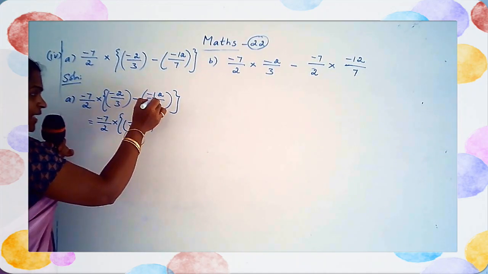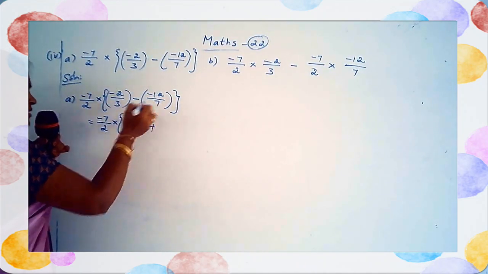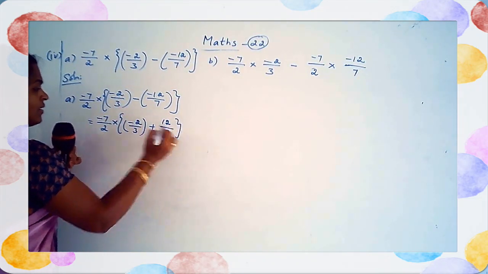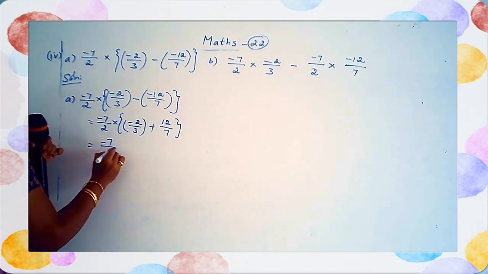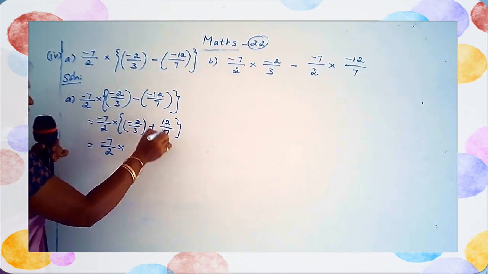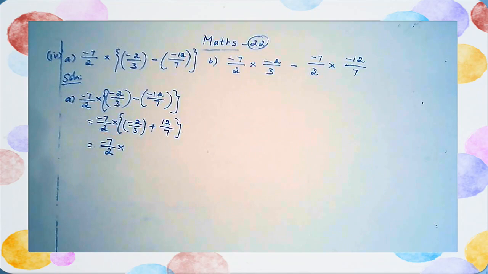That time you put the additive inverse. What is the additive inverse of minus 12 upon 7? 12 upon 7. Okay. Next. Minus 7 upon 2 into minus 2 upon 3 plus 12 upon 7. So what is the value? Here it is addition, but the denominators are different. Yes, children. So